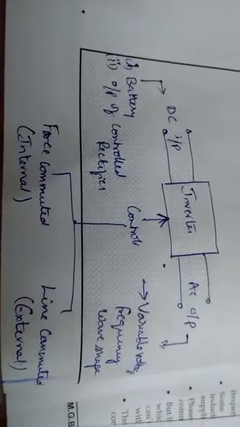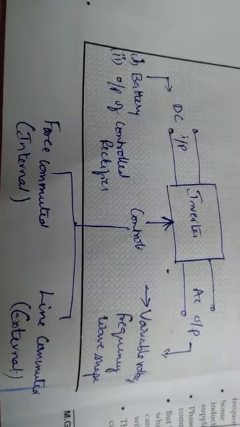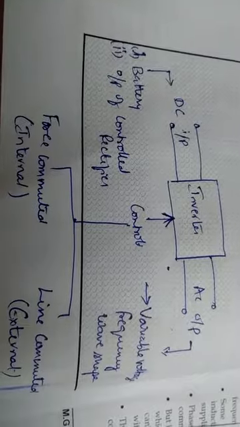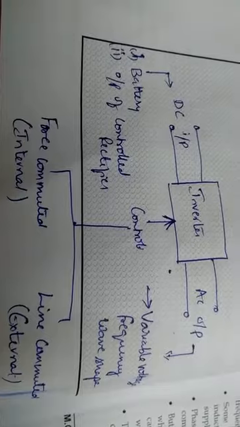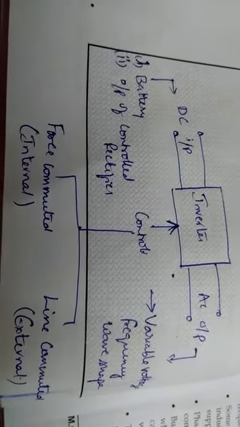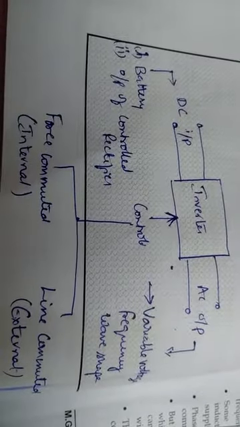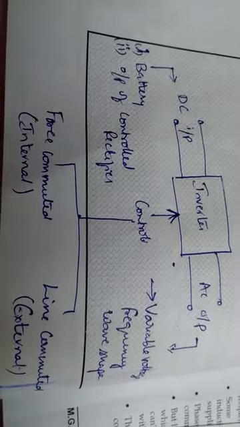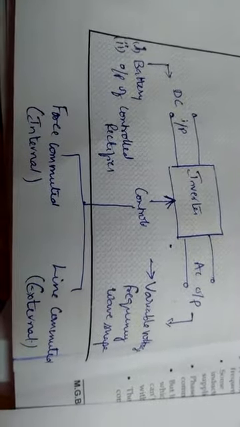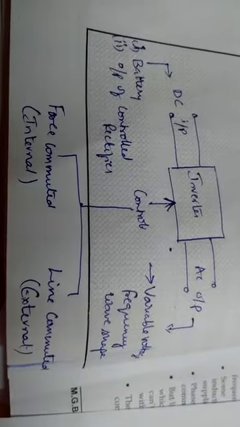So this diagram easily illustrates what an inverter is. Inverter is basically a power electronic circuit. We know power electronic circuit. So it makes use of certain power electronic devices and it converts DC input into AC output. So it is a circuit meant for converting DC input into AC output. I am trying to give most of the details with regard to the inverter in the diagram itself.